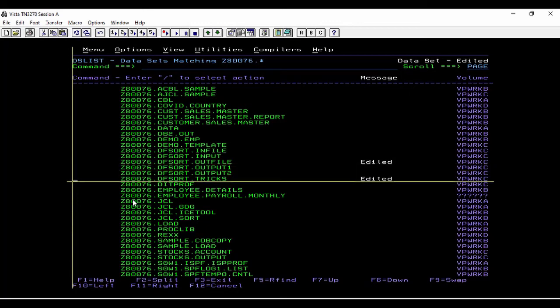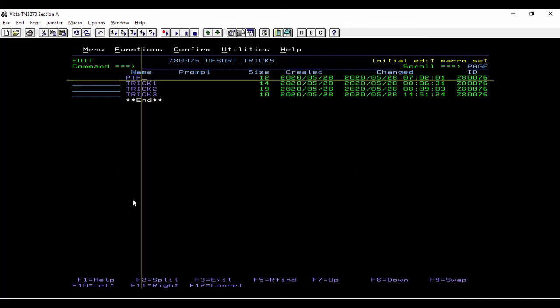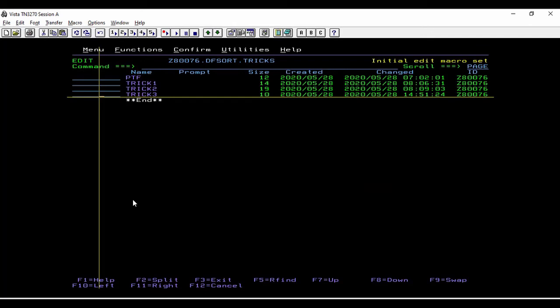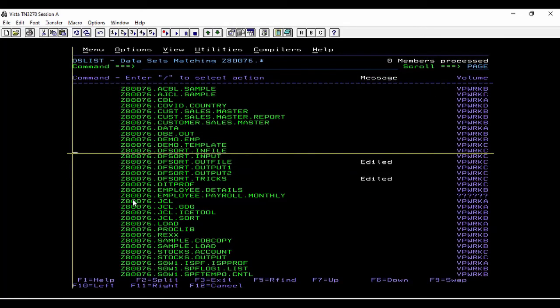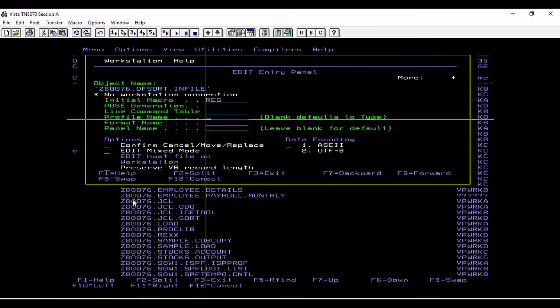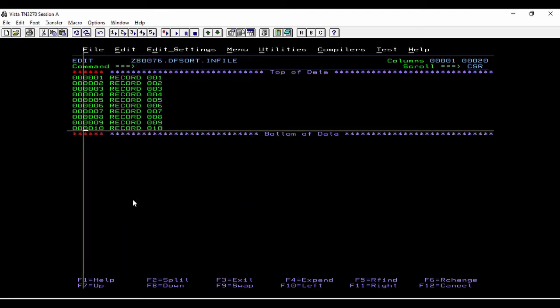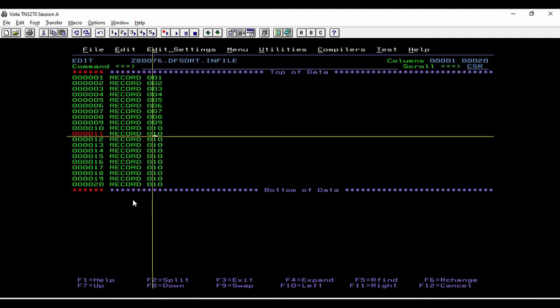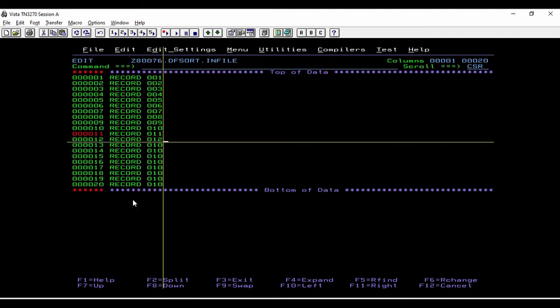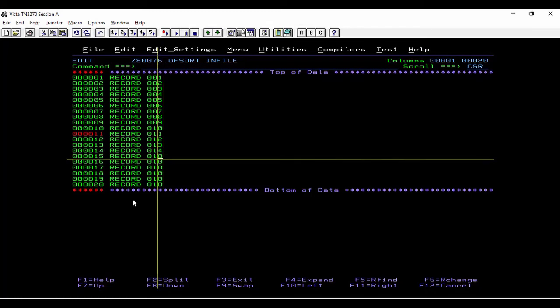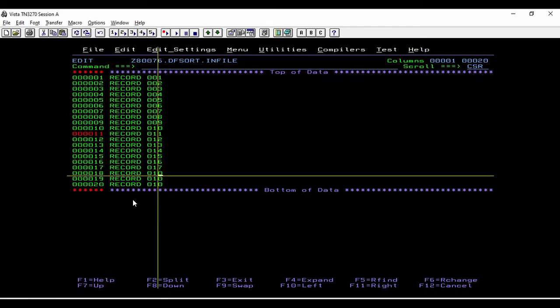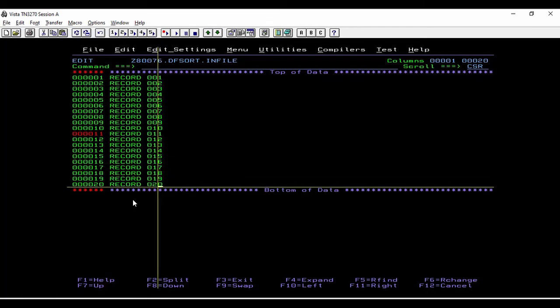Using the ICE tool you can also add an omit condition, which is something like this. Suppose you have an input file having certain records, for example 20 records, 3, 4, 5, 6, 7, 8, 9 and 20.